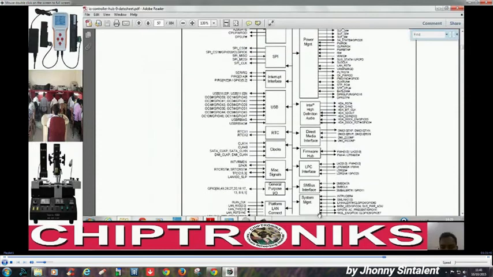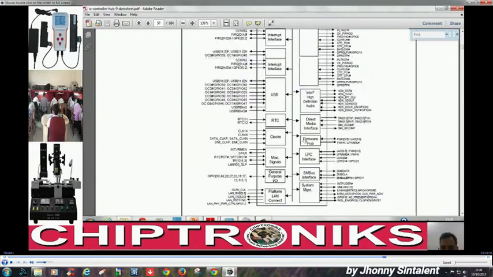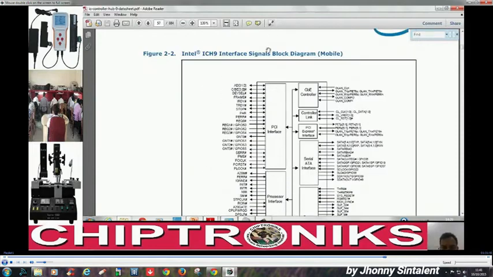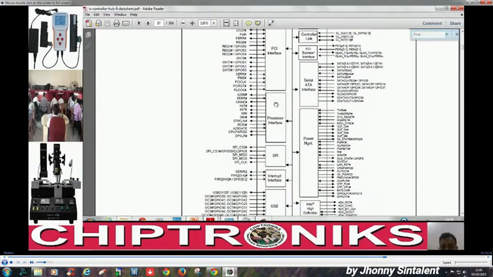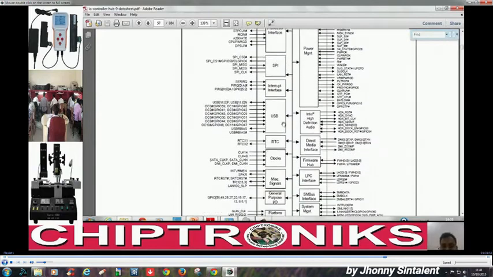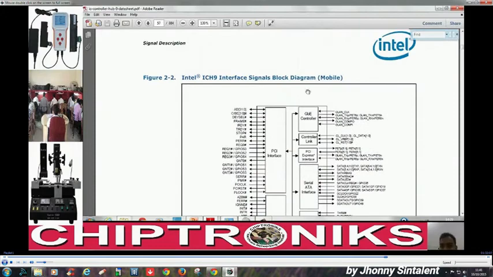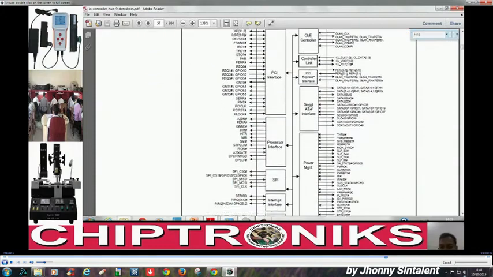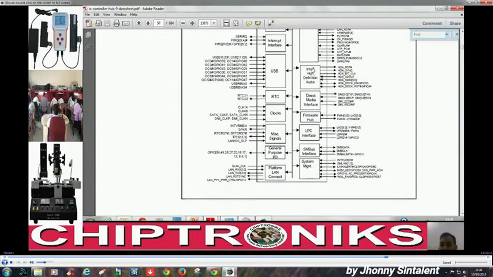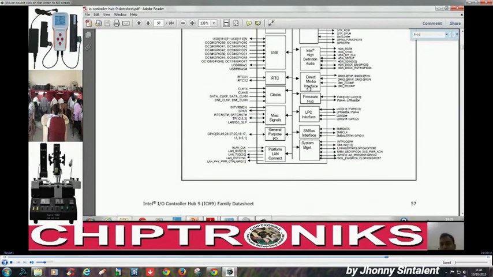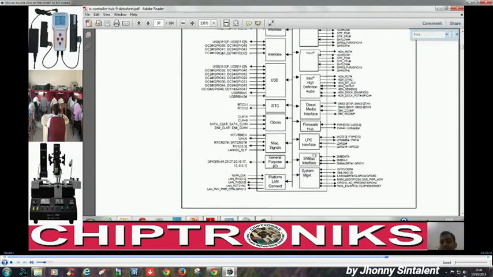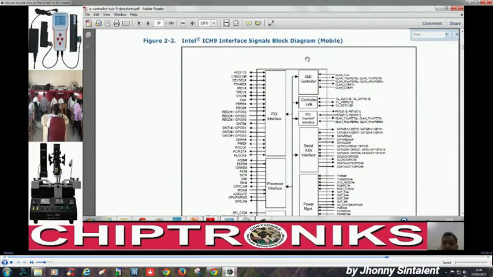Now you can see in this block diagram, the entire ICH is divided into certain blocks. What are those blocks? The blocks are PCI interface, processor interface, SPI interface, interrupt interface, USB, RTC, clock, miscellaneous signals, general purpose input output, platform LAN connect, and you can see GbE controller, controller link, serial ATA interface, power management signals, high definition audio, direct media interface, firmware hub, LPC hub, SM bus, and system management. These are the various parts inside your ICH 9,